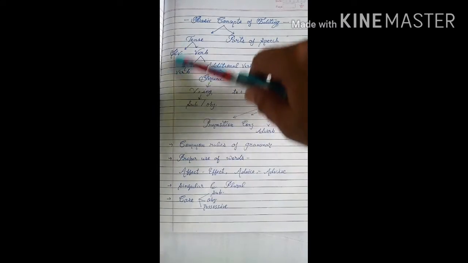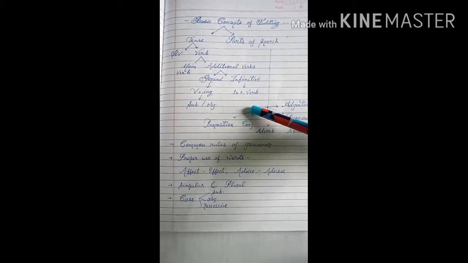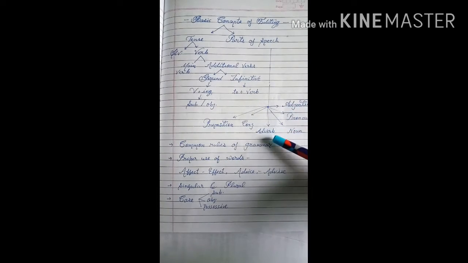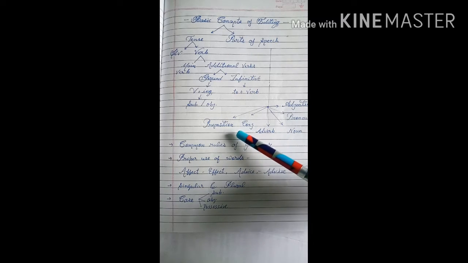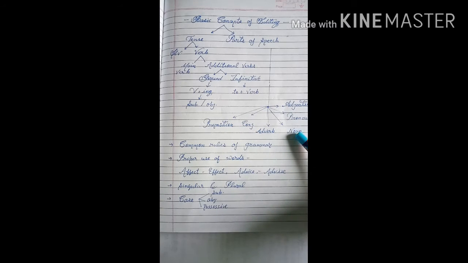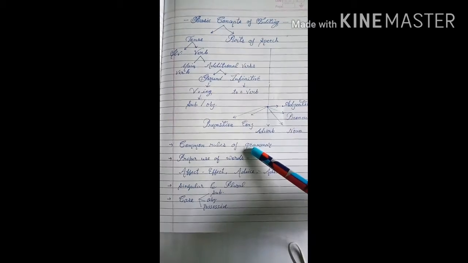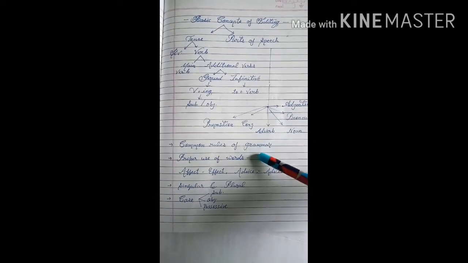Mostly we can see these in the part of tense, and the second one is parts of speech. As you know, in class 3rd, 4th and 5th you have already read about the parts of speech. There are so many, but here we have to focus on some parts of speech like preposition, conjunction, adverb, noun, pronoun and adjective, because in the exam these kinds of errors are mostly asked. But it is not all in all. You have to know some common rules of grammar also.